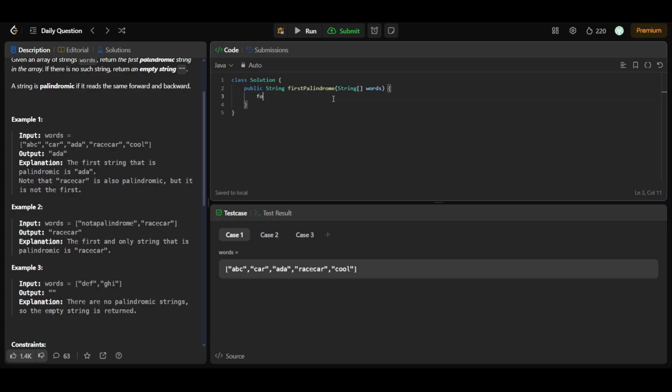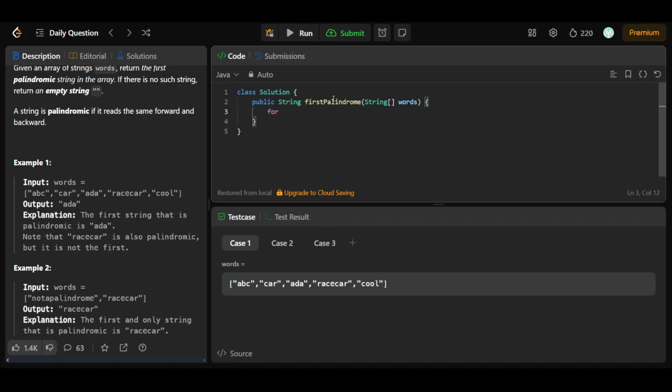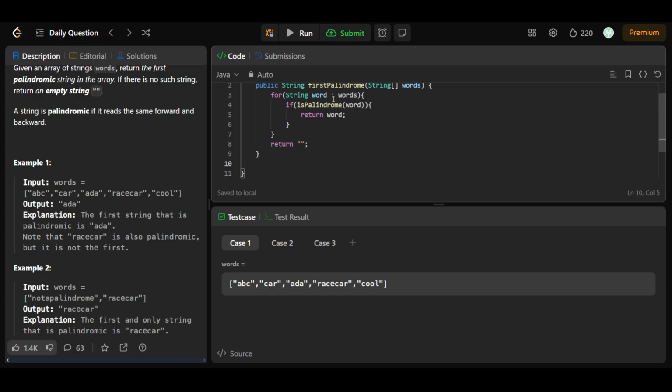For string word in words, I'll be checking if isPalindrome(word), and if so I'll be returning the word simply. And if I find nothing, then I have to return an empty string. Okay, so now let's write the function, private boolean